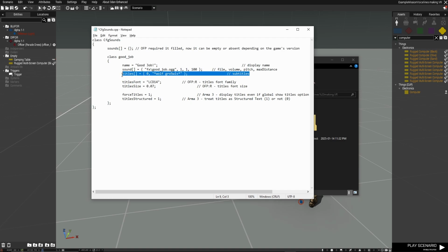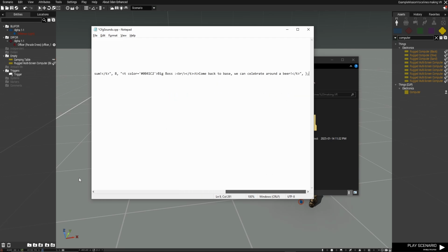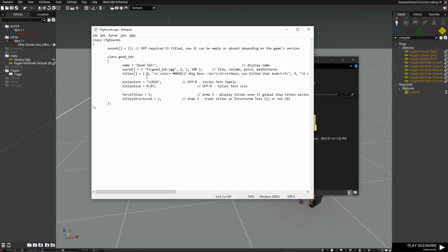This is actually where we're going to declare our subtitles, and this is very important. Okay, so I'm going to paste something here real quick. It's a pretty long line of code. Pretty simple, really. You see we got a 0 here. This is basically when the sound starts, right? So let's say you play your sound, we'll say we call it function play sound, and you put the class name. It'll play the sound, and at time 0 here,